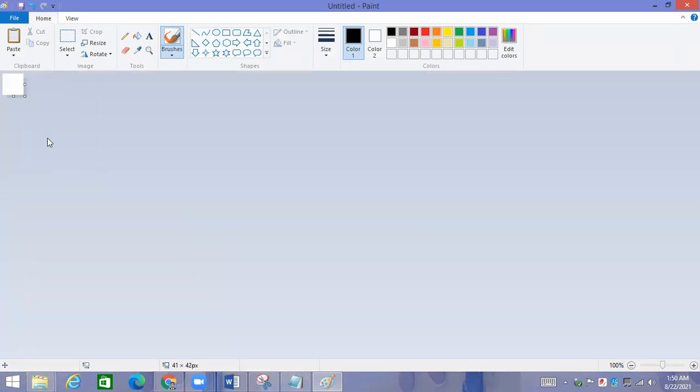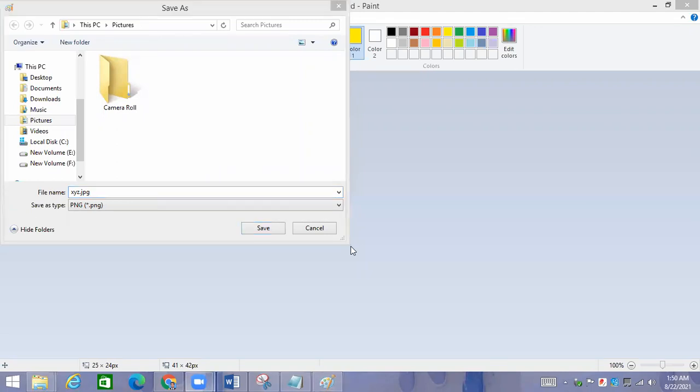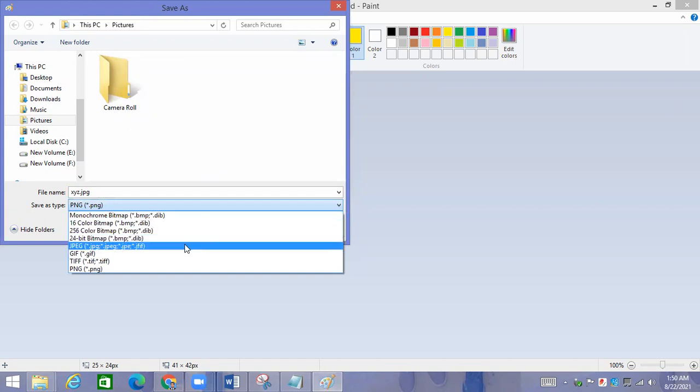Okay, I make it small. Let's suppose you want to draw this type of bullet point, it is just an example, you can take any one, and I fill it with yellow color. I save it as xyz.jpg. You are going to take a JPEG file, JPG file.